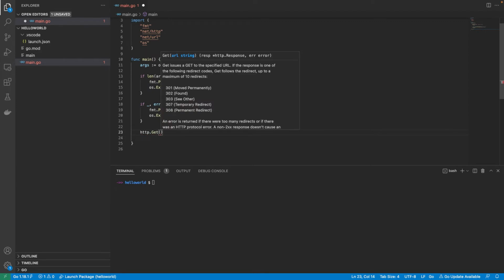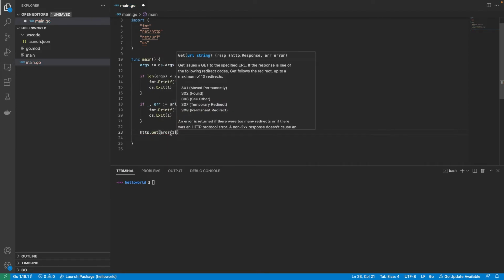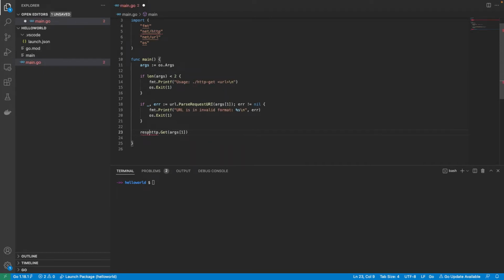So we can pass the URL, which is still this one. We can also, if you want, assign a local variable that just says URL or hostname, and do hostname equals args1 so that you don't have to repeat this parameter. And then it will give us a response and an error. So again, we could wrap this into an if you want to. So we can say if and then semicolon, but then we actually will have an issue with variable scope, because if you do that, if response error, if error is not equals to nil,